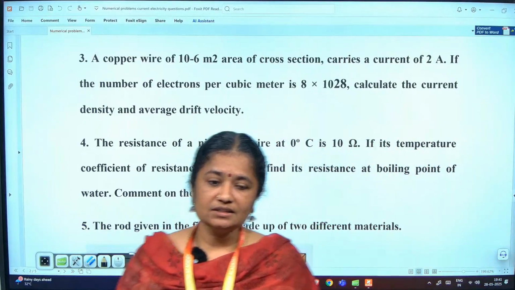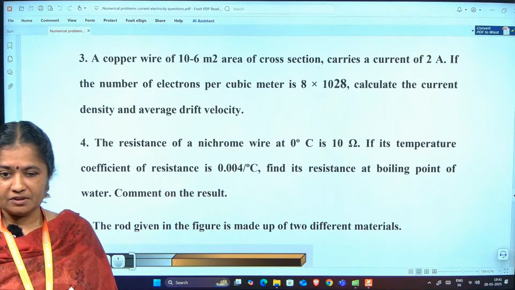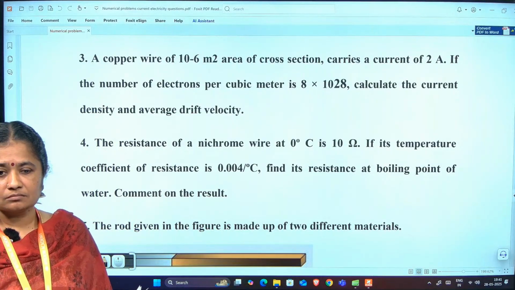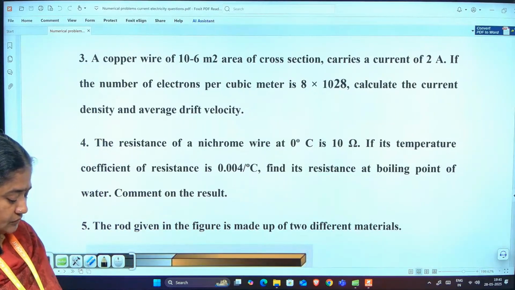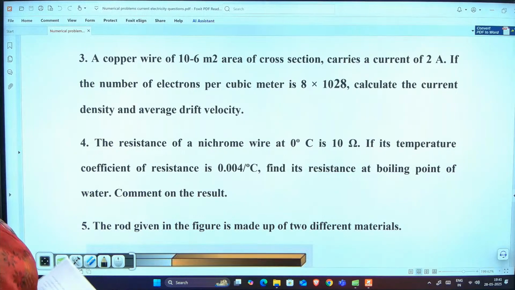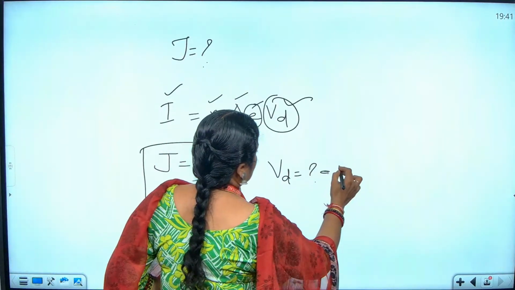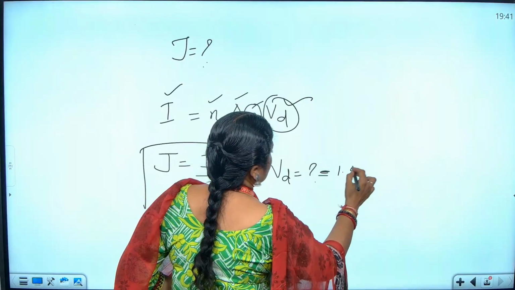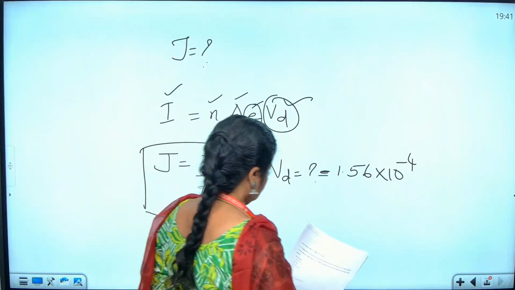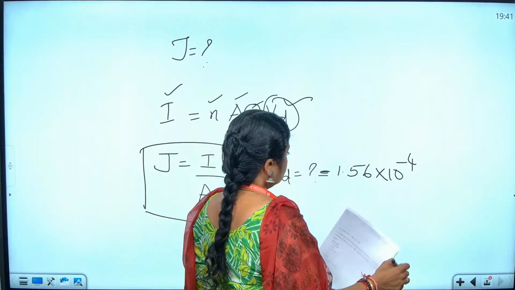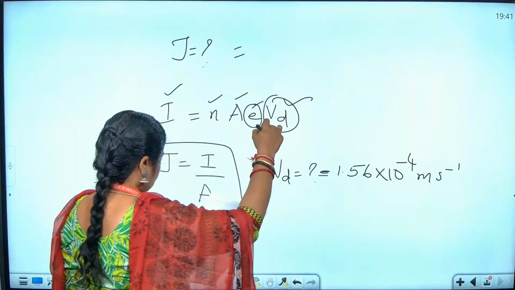And what about current density, J? 2 into 10 power 6. Tell me with the unit. Ampere per meter square. Drift velocity is 1.56 into 10 to the power minus 4 meter per second, and J is equal to